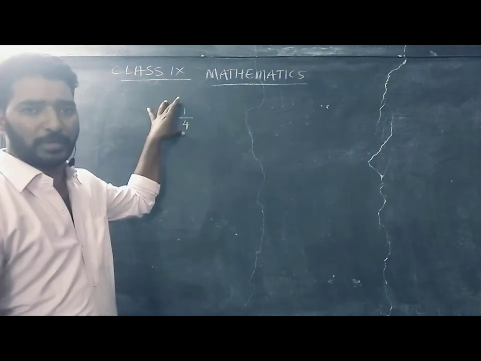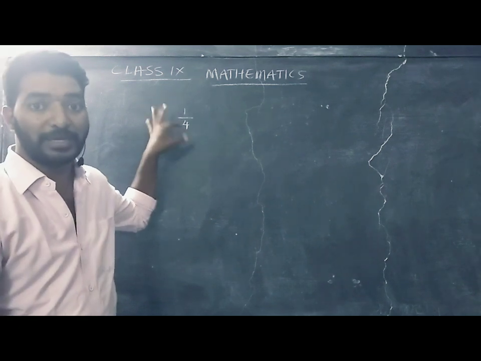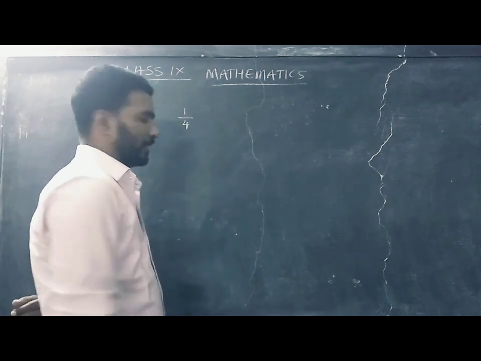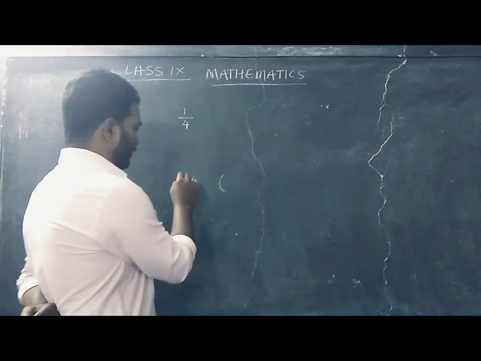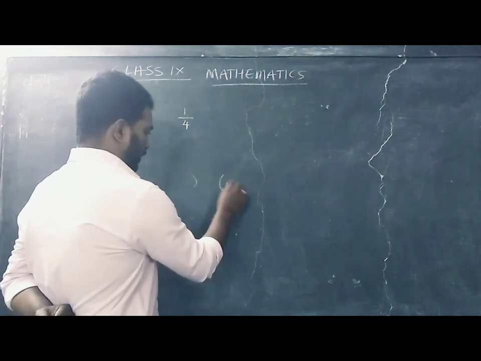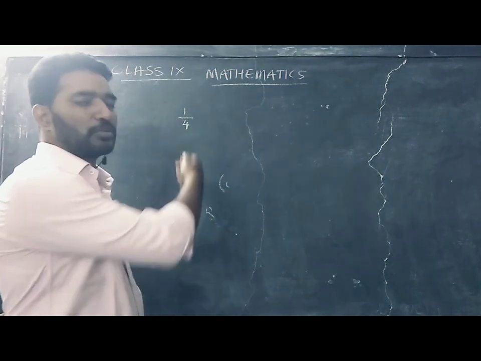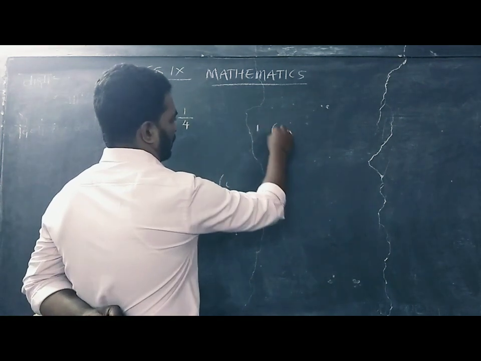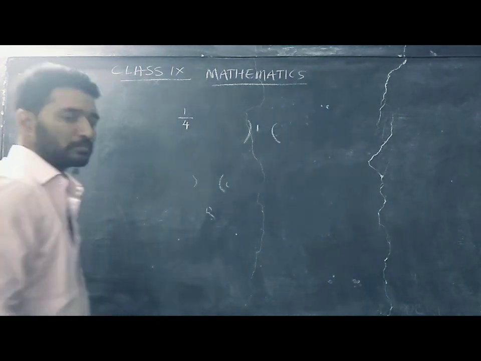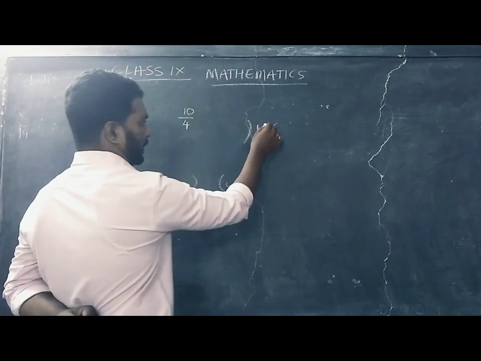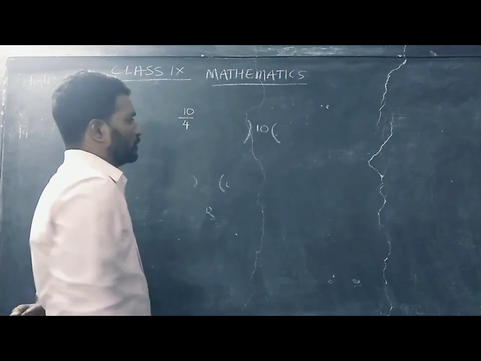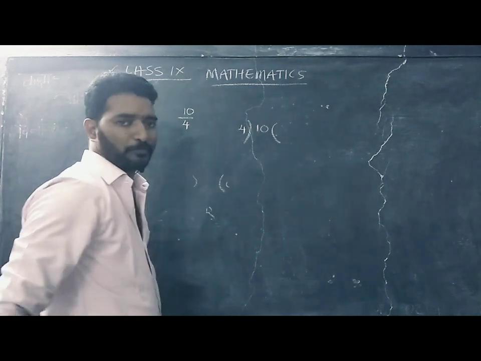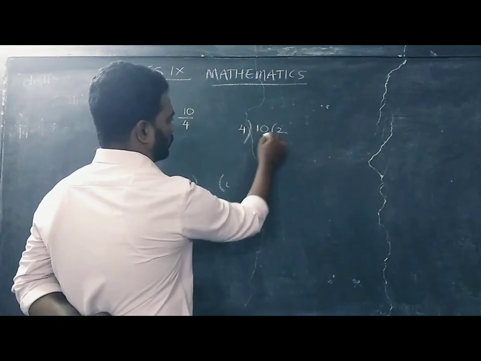A rational number is nothing but p by q form, which has a numerator and also a denominator. So in the normal division way, we should have a dividend, divisor, quotient and remainder. Suppose this is 10 by 4. So 10 can be written as the dividend and 4 will be called the divisor. So divide by 4.